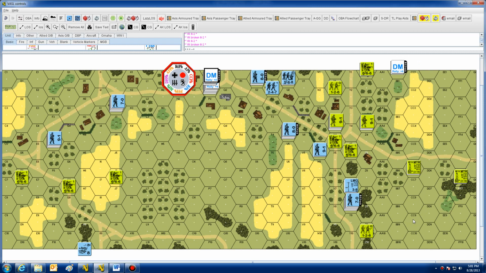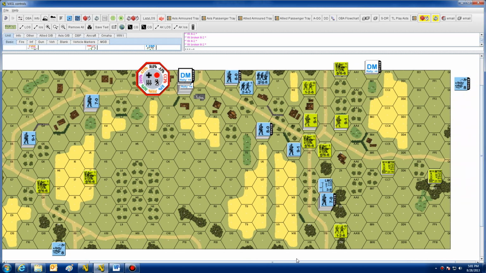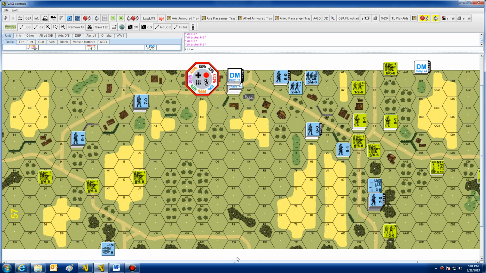So maybe he might find a different unit that might be better, or try to get a leader back over into that hex, or rout this unit into a hex that's going to give him some terrain modifier of a -1. So hopefully this covers rallying and routing and understanding, good process of thinking about what we should be doing,